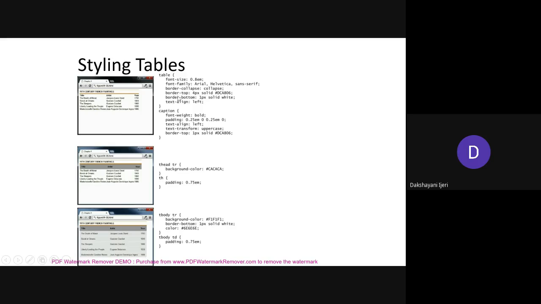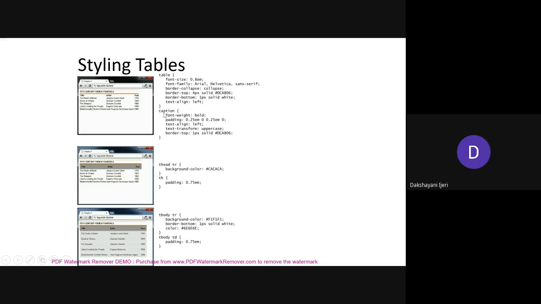So you can apply different kinds of styles for each side of the table. For border-top and border-bottom, again you can specify the thickness of the border, the type of the border, and the color of the border. Every time you can take different values over there. The text alignment is with respect to the display of the content within the cell. You can align them at the center, the left, or the right, wherever you want, by using text-align as a property, either on the table, TD or TH. You can use it on any element of your wish.